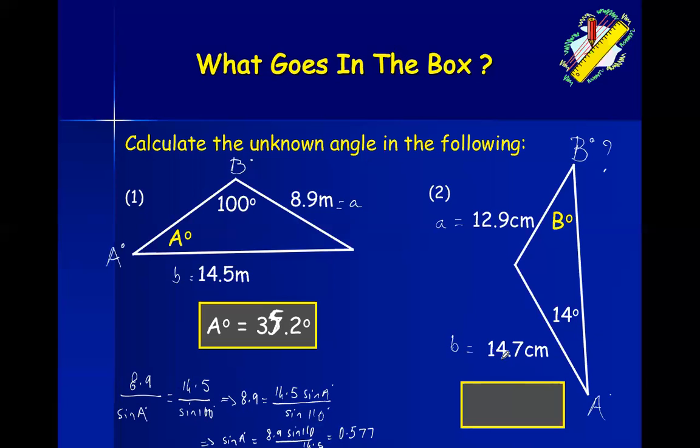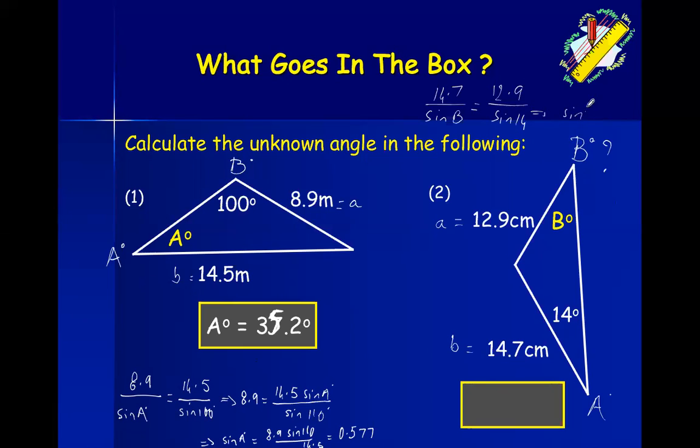My answer should be shift sine of something. So let me write that down. 14.7 divided by sine b equals 12.9 over sine 14. Yeah. So sine b is